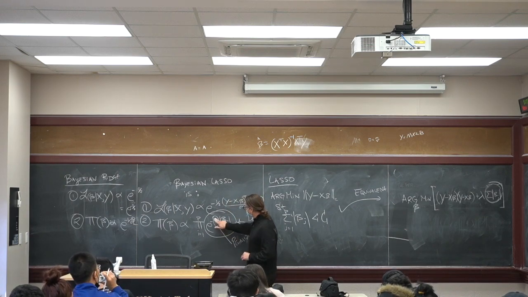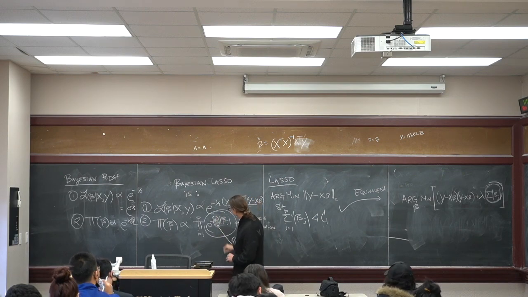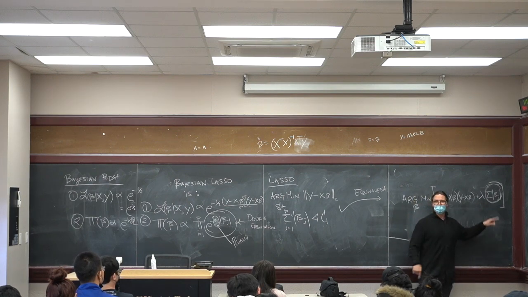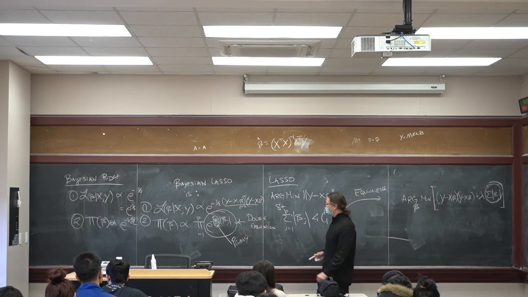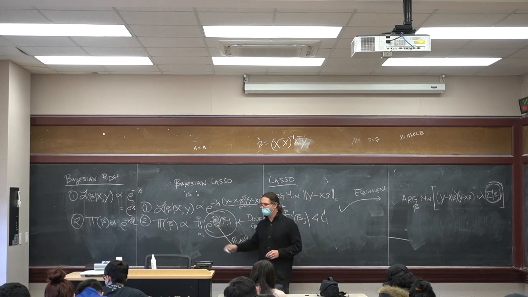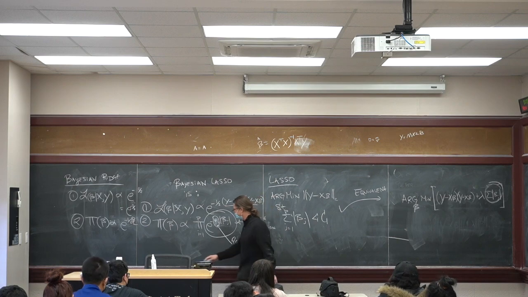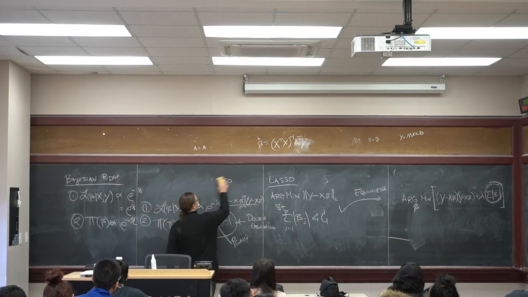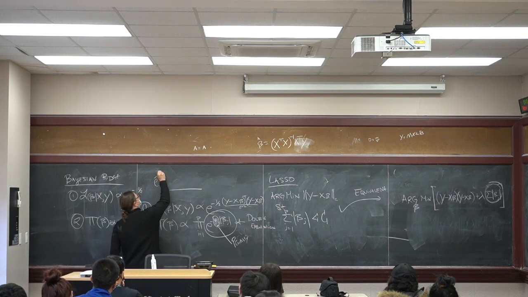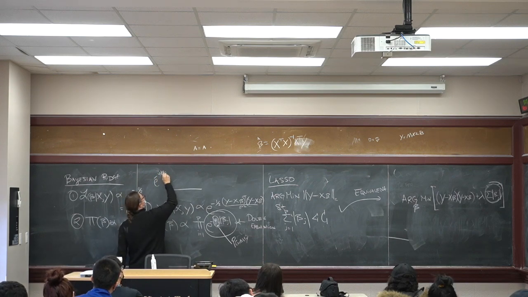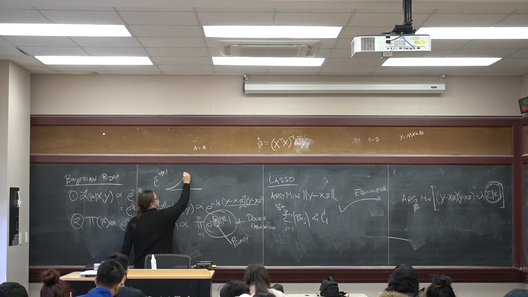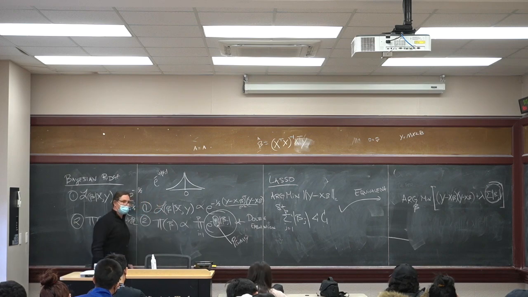It's not exactly this lambda. I should probably write it as psi or something. I'm going to have to rescale everything in terms of sigma squared just to make the notation the same. But basically, there's some parameter right here in the double exponential, and double exponentials look like this. So e to the minus psi beta j. This is going to be at 0 right here, and it looks like that.